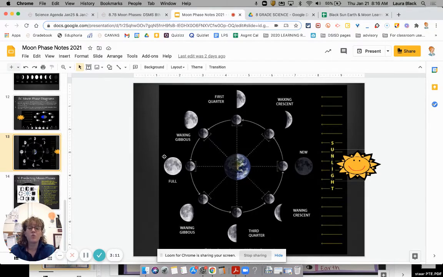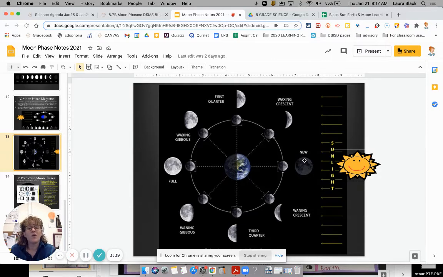Now the moon is going to wane or get smaller, and we'll see less and less of it on the left-hand side. So waning. On the left, less and less. So we'll wane, wane, wane until we're back to that new moon phase again. It's really important you take your time with the moon diagrams. You think about finding the sun, finding the new moon, which is always in between the Earth and the sun, and then go counterclockwise, and you have to learn the names of the phases,